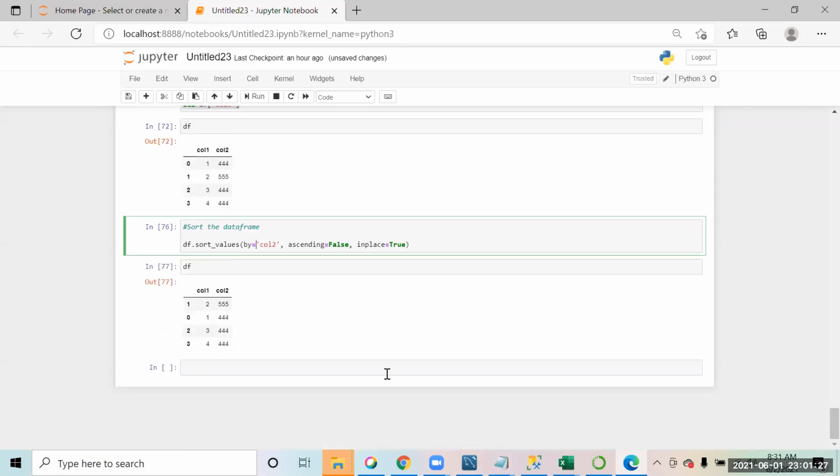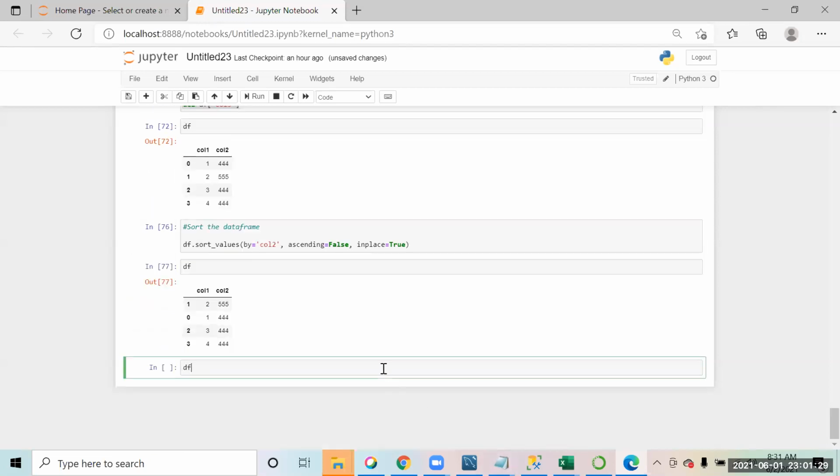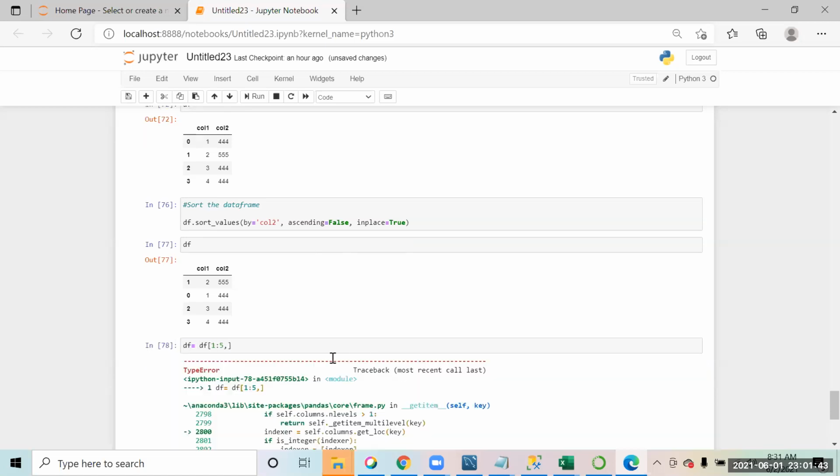Basically, if this is the data frame and I want the rows from 1 to 5 and all the columns, we simply update it here, df equal to this. I won't be having this many rows now. I can put any number, like 1 to 2.